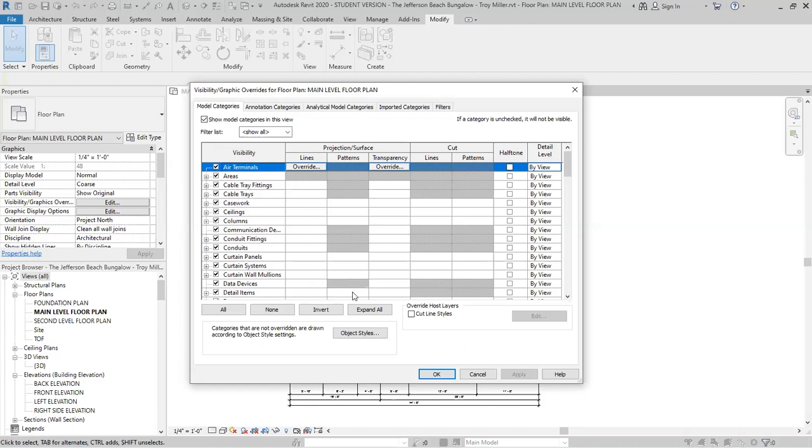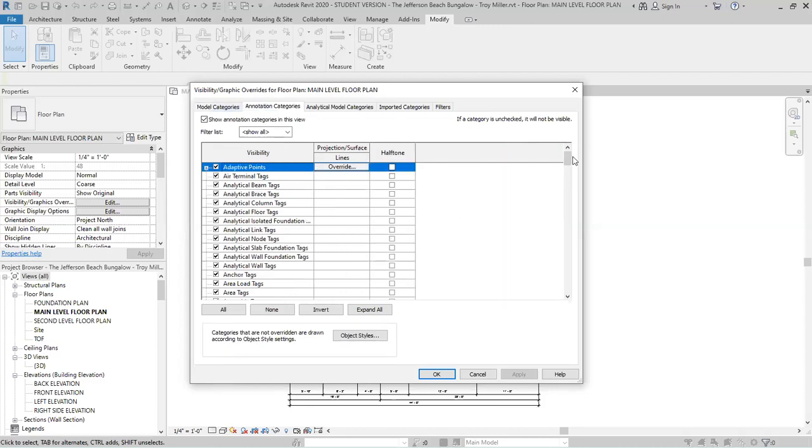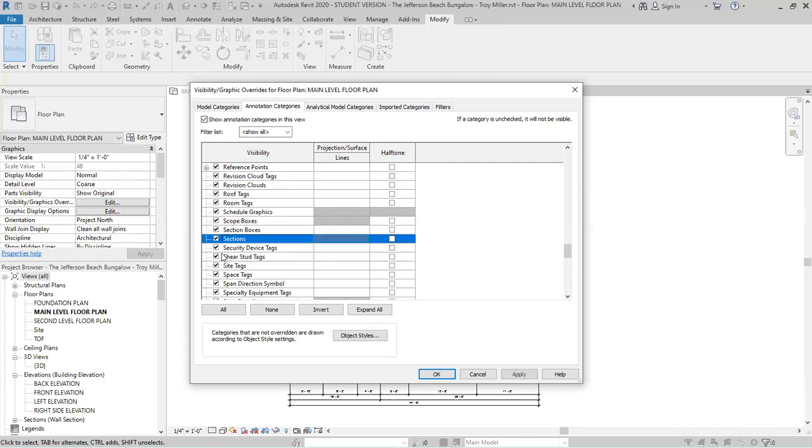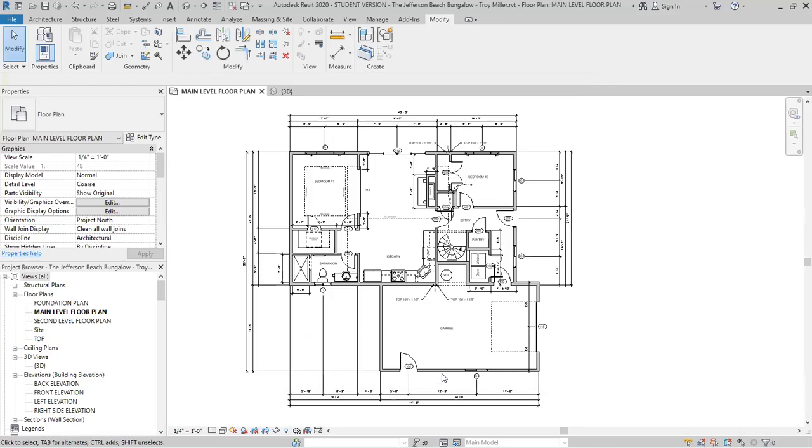And this is where that'll happen. But before we get to there, we're going to go from the model categories. We want to select the annotations tab, and we're going to scroll down. This is all alphabetical order. I want to come here to where it says sections and make sure that that is check marked. Once you know that is checked, go ahead and say okay, and we will know that it will show